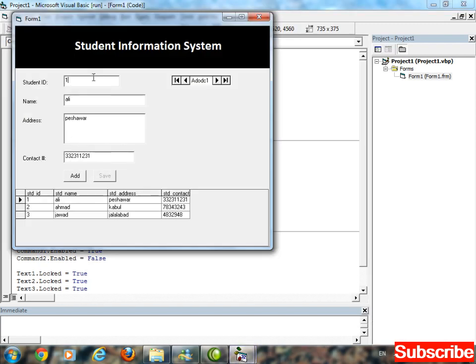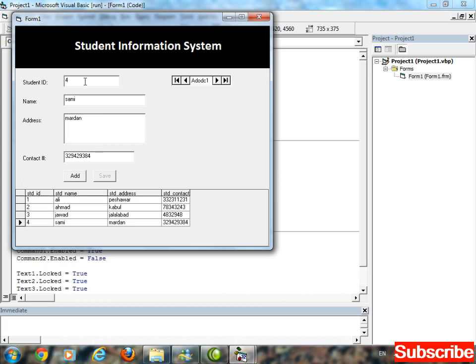Okay, now try. Add number 4. Now save. You can see the text box has been locked again.